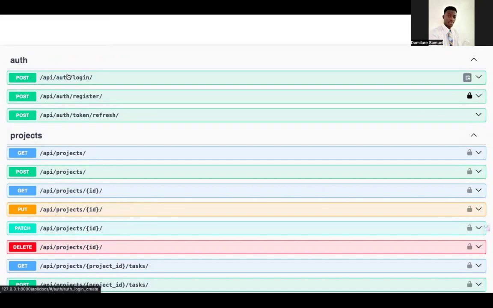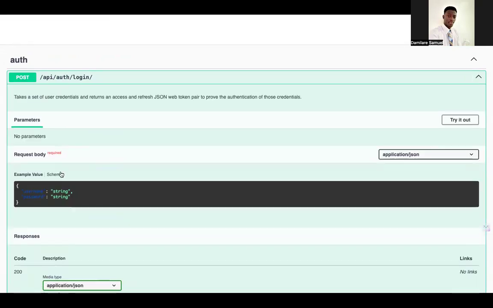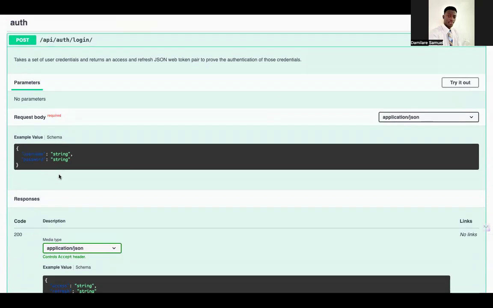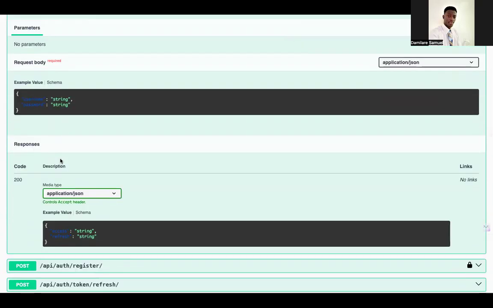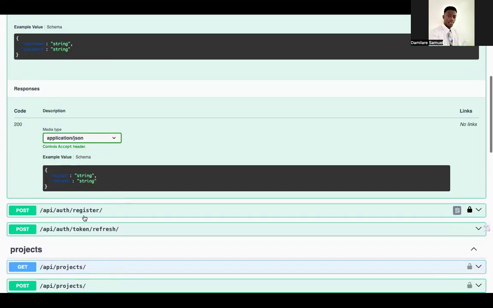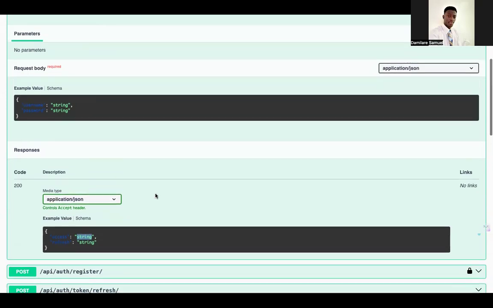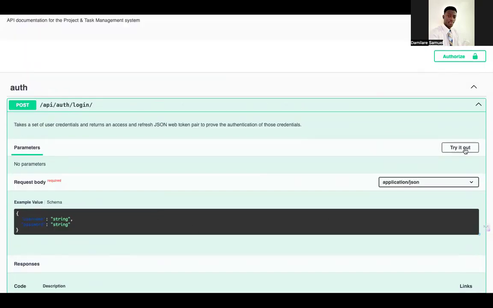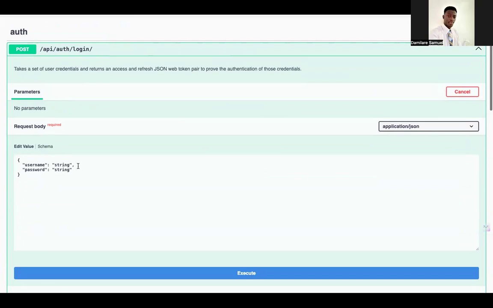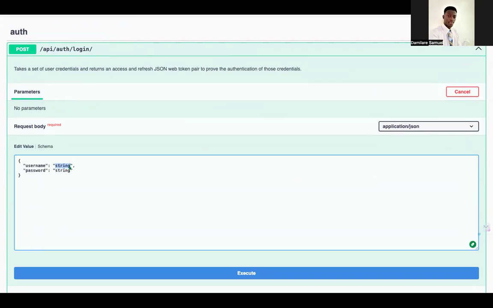So this is a post request for the login. You can test it here. So let's say we want to log in. We can just run that. Let me see. Should be able to execute. Yeah, try it out. Yes. So if I come here now, username, I put in user1. Remember, we created the user like that. Then password, I think we used secure password, if I'm not mistaken. Right? If I execute it to test,